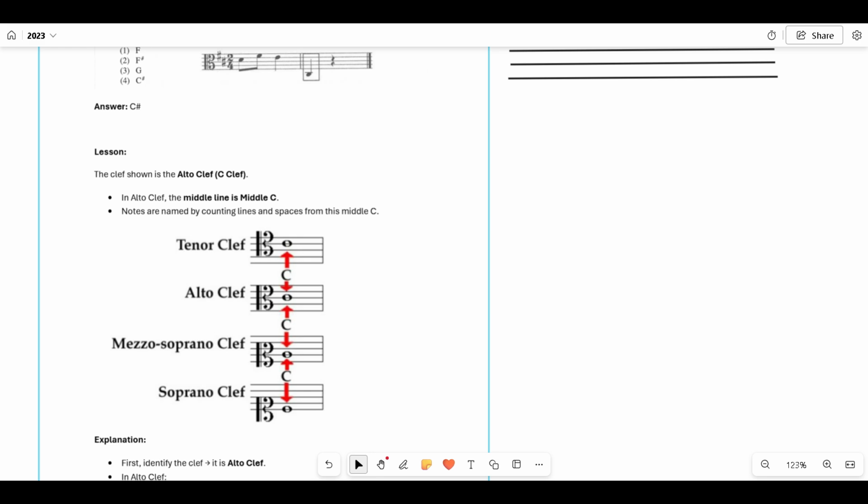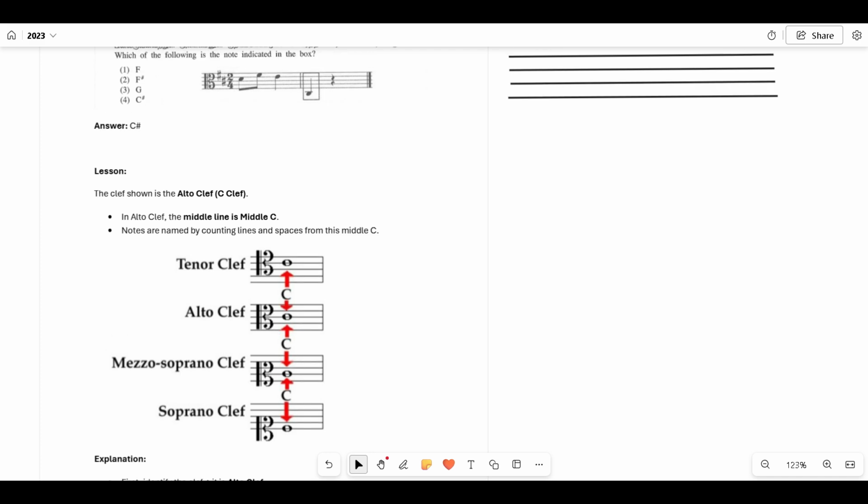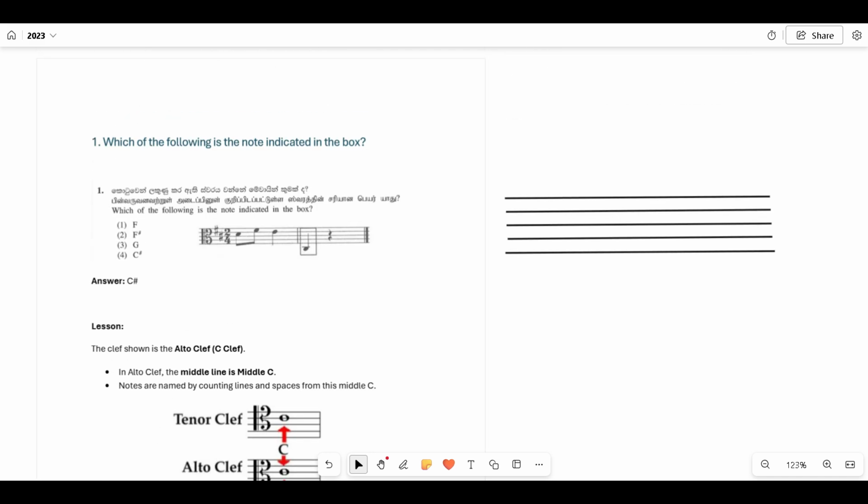So, tenor clef, the line that cuts here in the middle is middle C. Same here, but it's placed in a different place, okay? So, this is middle C. Here it's also placed in a different place, so this is middle C and this is middle C as well. Same theory. So, if middle C is in the middle line,